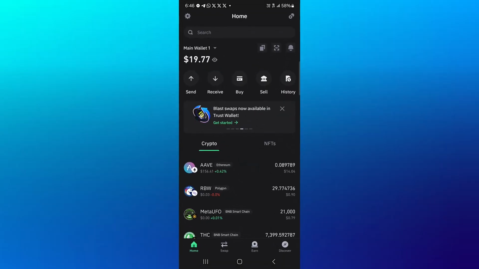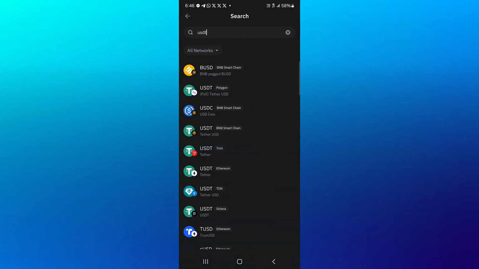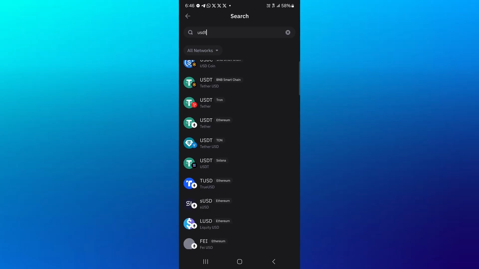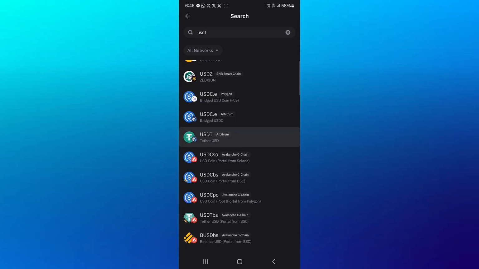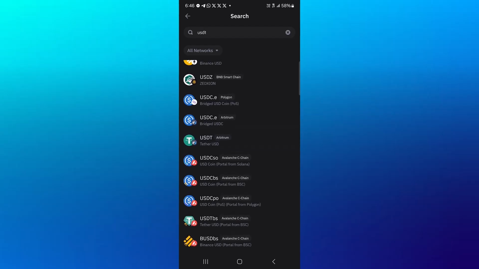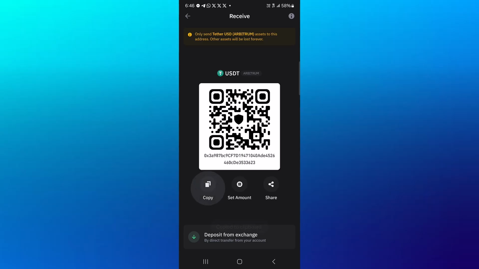So click on the Trust wallet, use the search icon to search for USDT, and then select the USDT on the Arbitrum network. You can locate this by scrolling till you find the USDT on Arbitrum. This is it. It says here Arbitrum. So click on this, click on receive, copy your address,